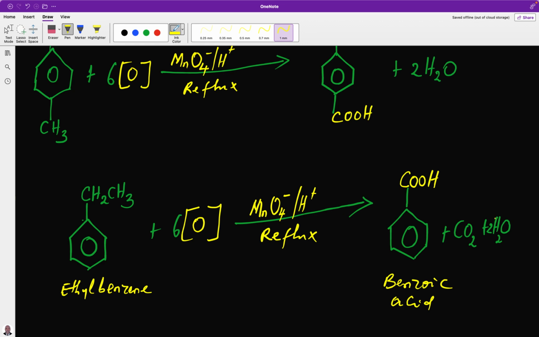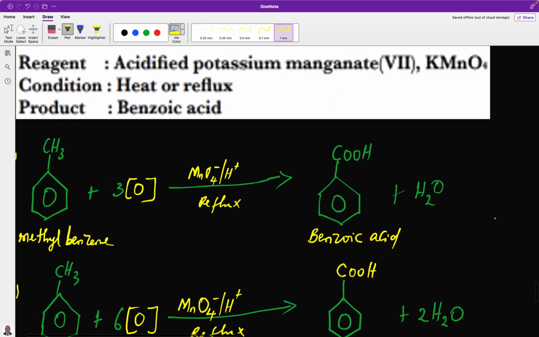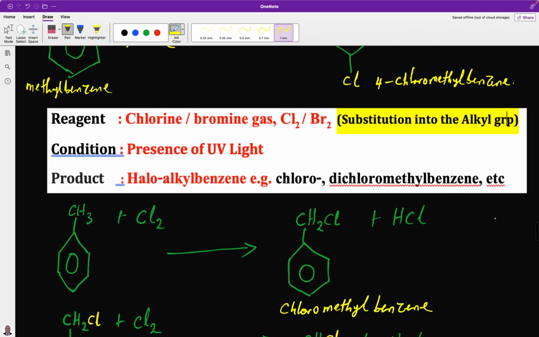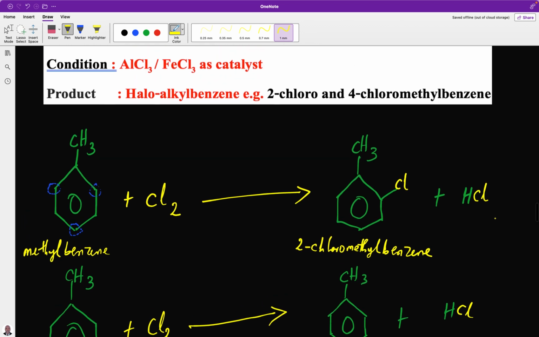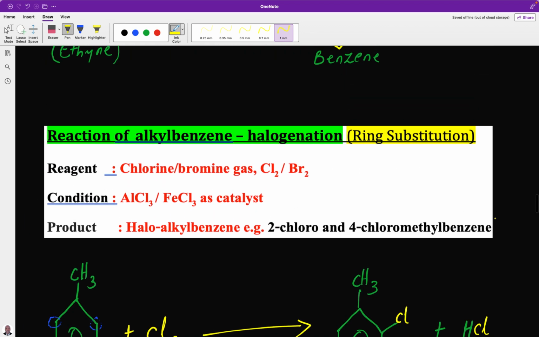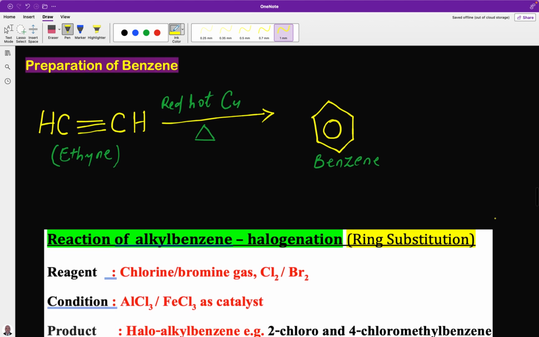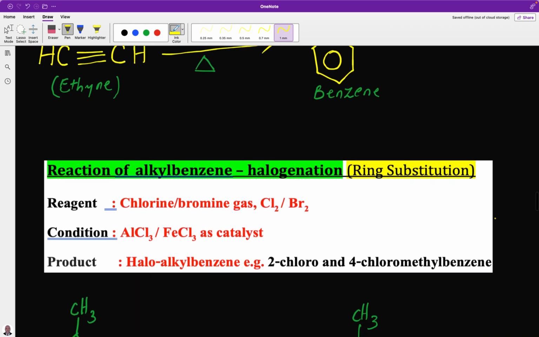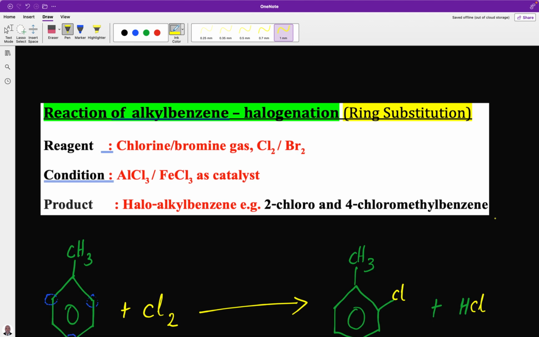So a recap of our topic. From the onset, I said benzene is produced by heating ethane with red hot copper. When you do that, you can get a benzene. But for our reactions regarding alkylbenzene, we said